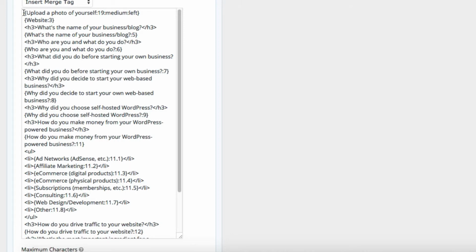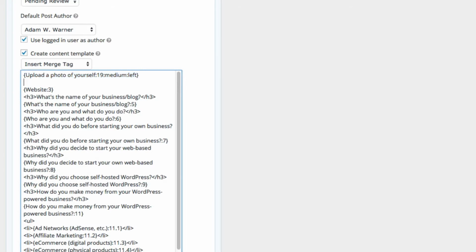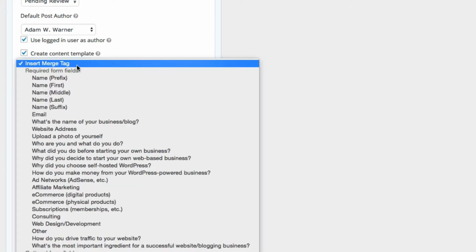But let me go through a couple lines here to show you what I'm doing. So the first merge tag I want is from the field where I've asked someone to upload a photo. What that will do is in my blog post, that will put the photo first, and it will align it left. So let me show you what that looks like here. I'm just going to go down a line